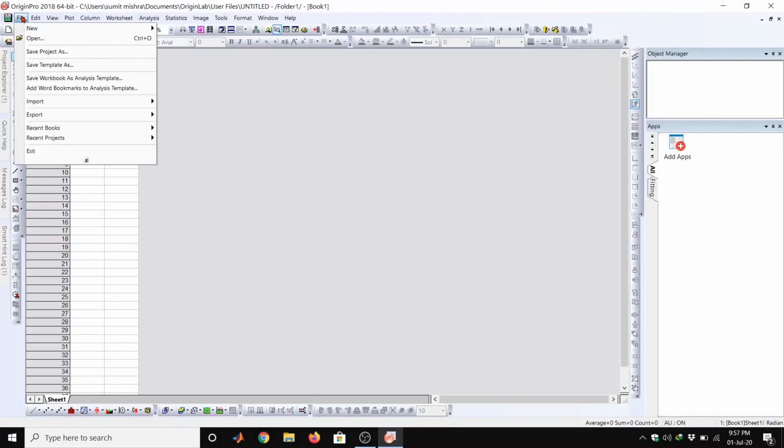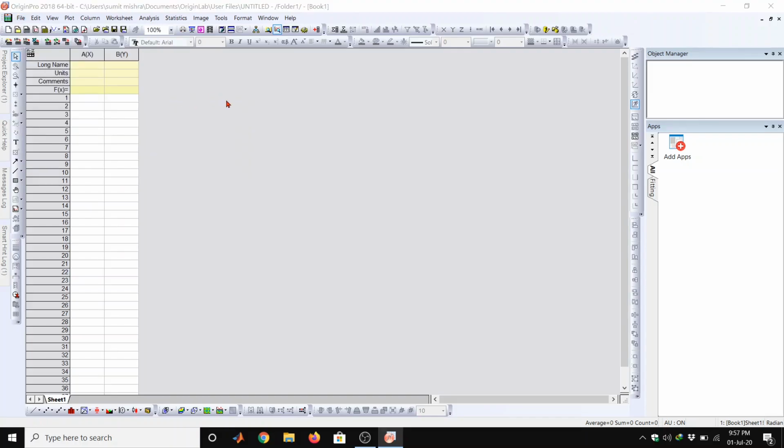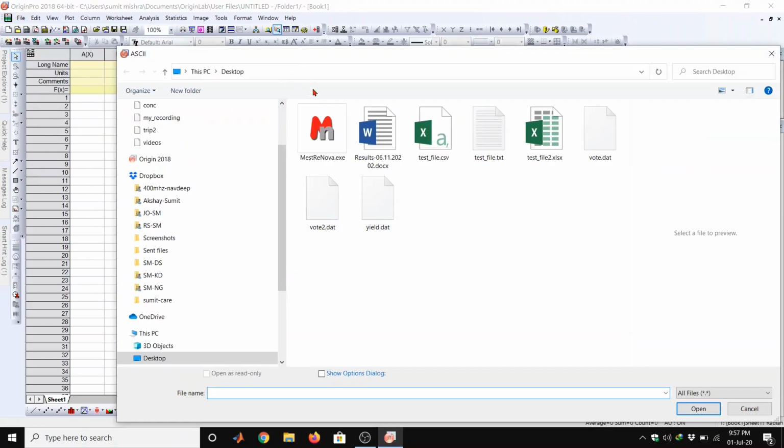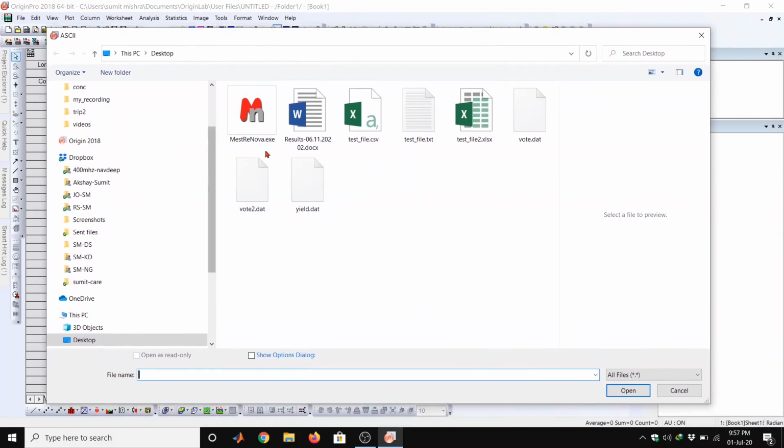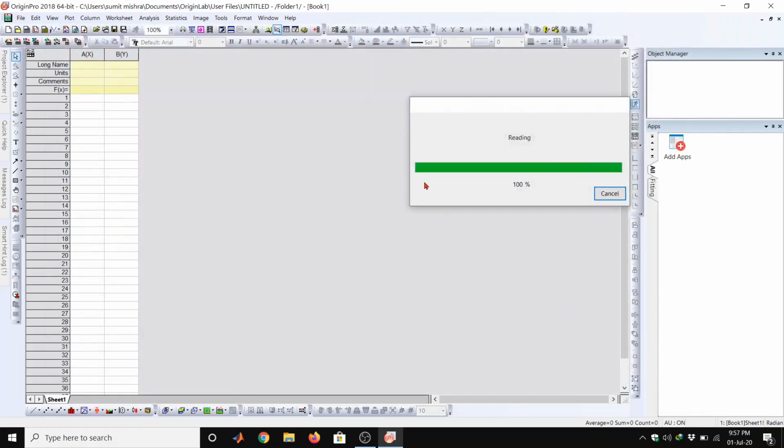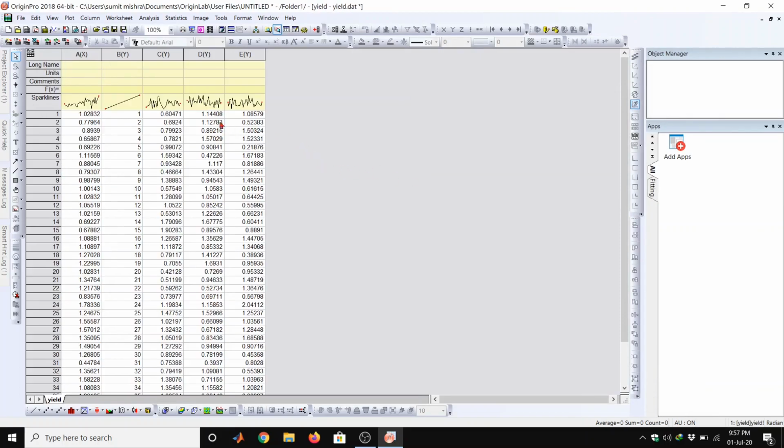So we can see here, these are the data. Go to the file tab, import single ASCII and give the location to your file. So now I am selecting yield.dat file, open. So here we can see this is our X axis and these are the Y axis data.